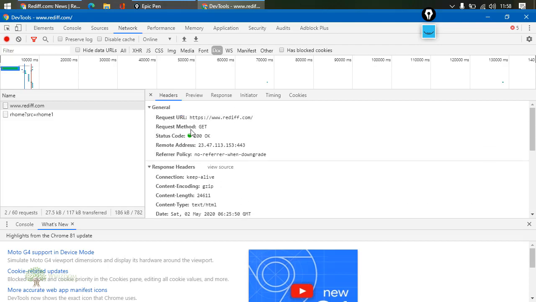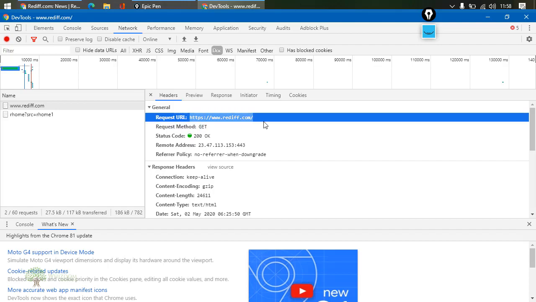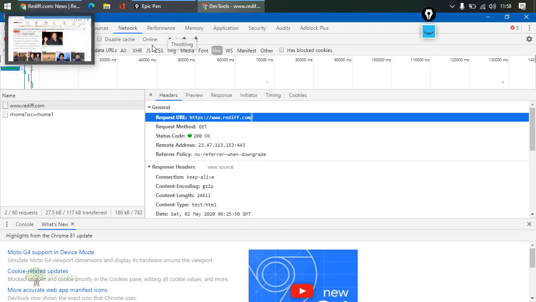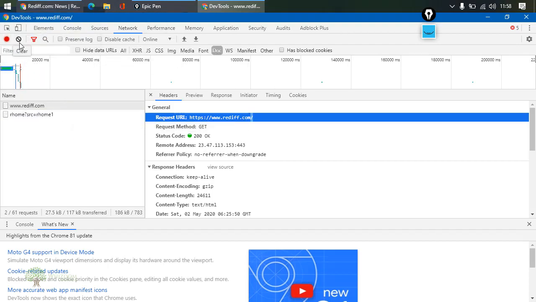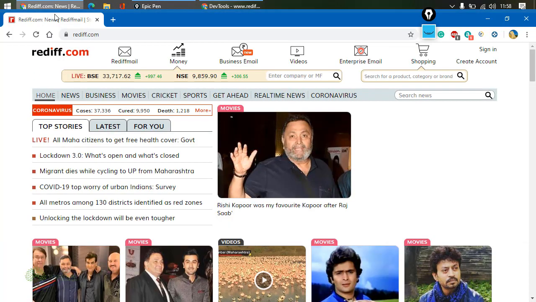Now coming back to the request, this is the request that we have to use in JMeter. We need to know about the protocol, and we need to know about the server name. This is the server name. Right now there is no path, so / is the path. I'll click on another link, but before that I'll flush out everything. This has been flushed. Now I'll click on money.